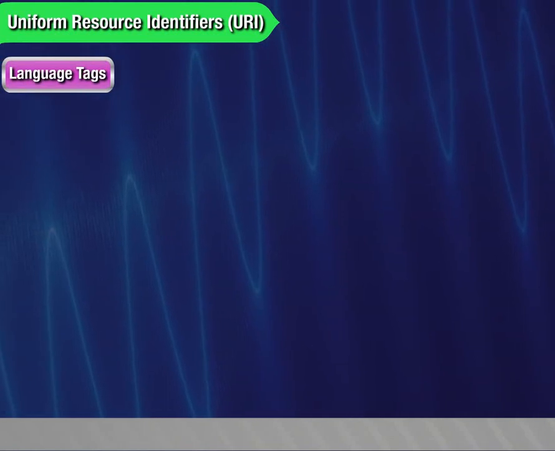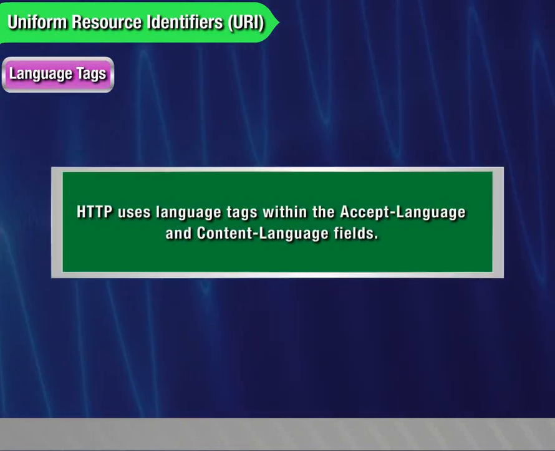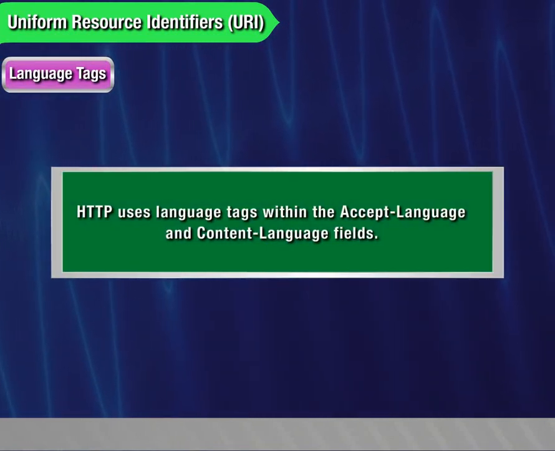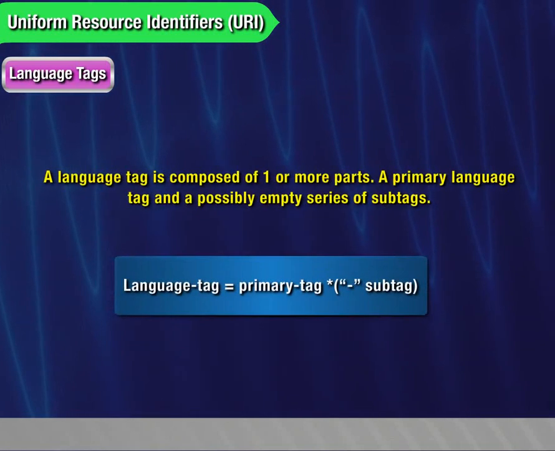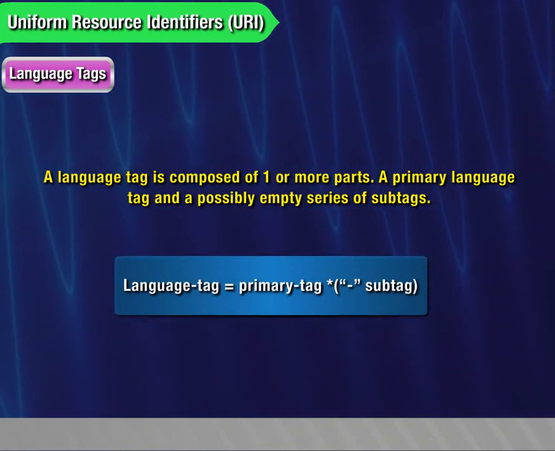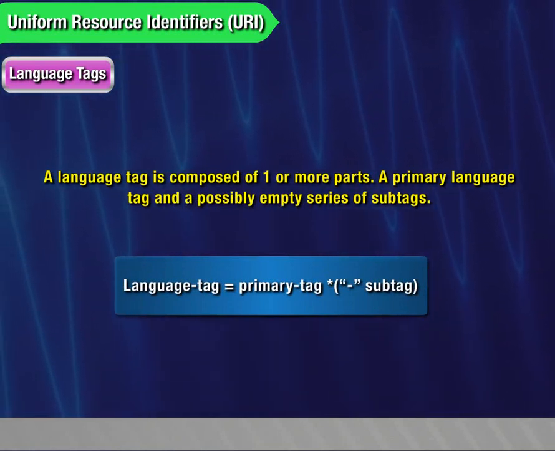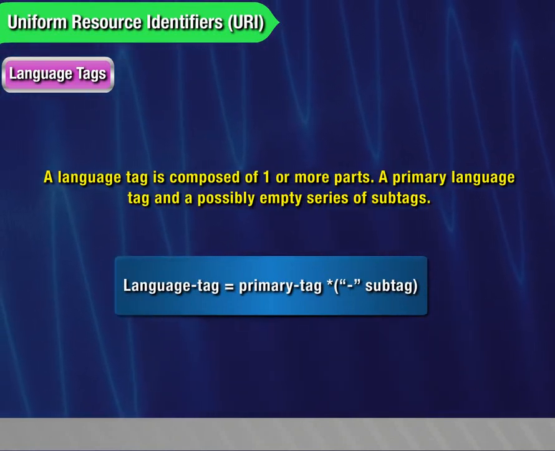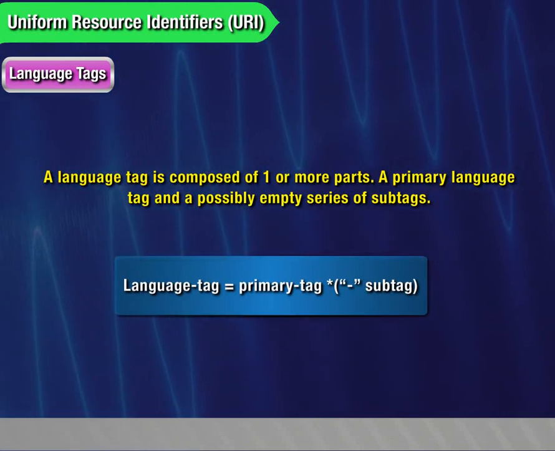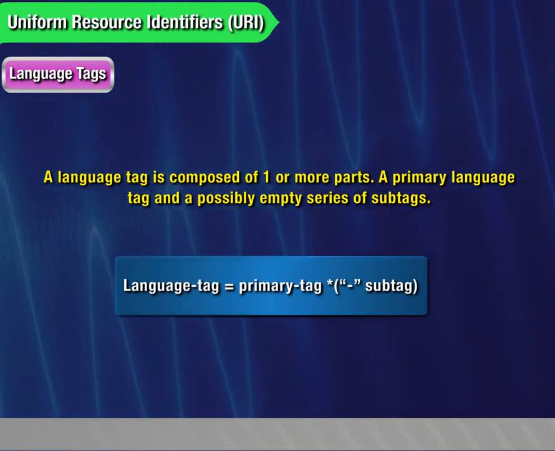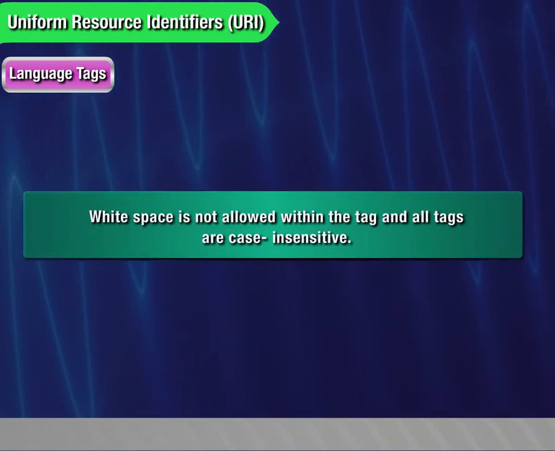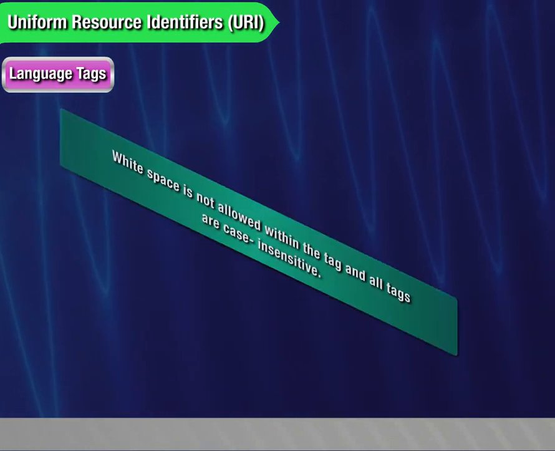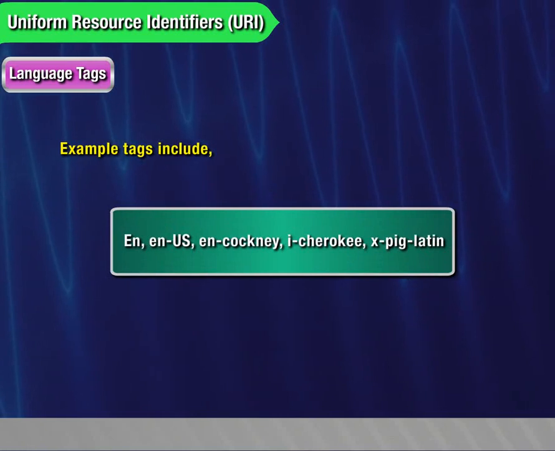Language tags. HTTP uses language tags within the Accept-Language and Content-Language fields. A language tag is composed of one or more parts: a primary language tag and a possibly empty series of subtags. Whitespace is not allowed within the tag and all tags are case insensitive. Example tags include